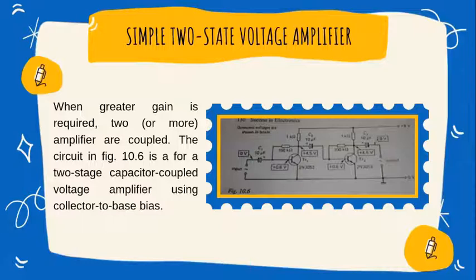And next will be read by Syauqi Al-Haqqi. Okay, thanks. A simple two-stage voltage amplifier. When greater gain is required, two or more amplifiers are coupled. The circuit in Fig 10.6 is a two-stage capacitor coupled voltage amplifier using collector to base bias. Next,